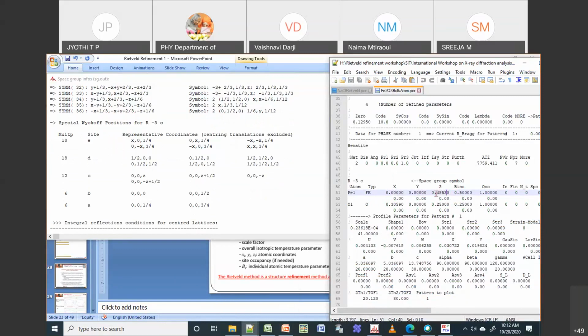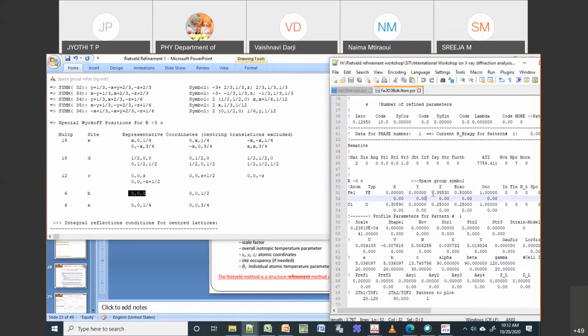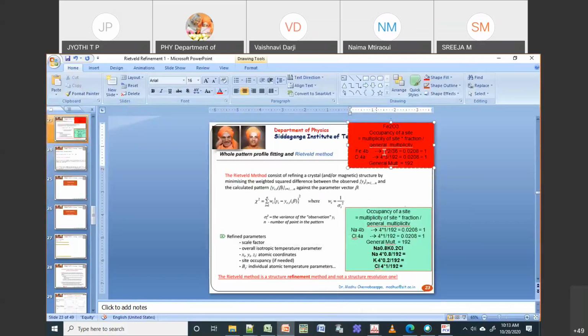In the previous case it was 0 0 0, and if it is 0 0 0 then I can take 6b as the site for your Fe. But here it is 0 0 some value, this can change. So 0 0 z or 0 0 minus z, it is 12c. So 12c is the multiplicity, or the site, for your Fe. So I will go back here. It is 12c. I'll put 12.